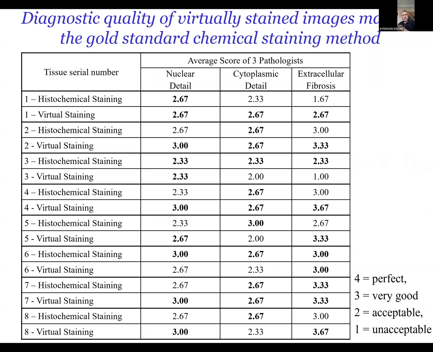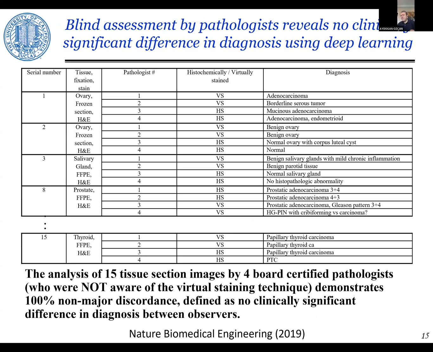These kinds of tables we created to show that there is statistically no significant difference between our images and their quality from the perspective of pathologists versus the standard clinical histochemical staining workflow. In fact, we also gave them several cases to diagnose the patient and looked into their diagnosis achieved with our images versus standard histochemical staining to again show the same conclusion: there is no statistically significant difference in the diagnosis achieved using virtual staining compared with histochemical staining, showing you that it's not just beautiful looking microscopic images, but these are also preserving microscopic features that contain diagnostic